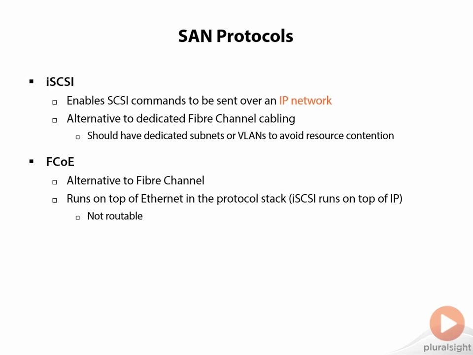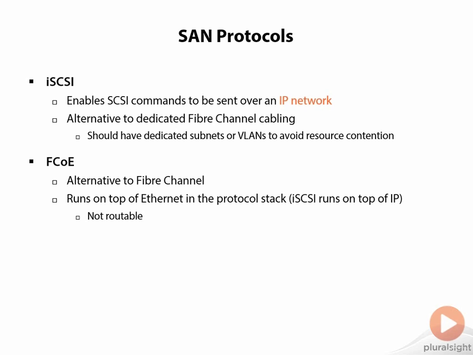So a lot of newer installations, and a lot of newer enterprises rather, opt for either iSCSI or FCoE. Between the two, iSCSI is routable, FCoE is not. So if you have a choice between the two, you have to take those things into consideration. But iSCSI really should have dedicated subnets or VLANs to avoid resource contention, because you have your SAN traffic competing with your IP traffic. So if you separate those out either via subnet or by VLAN, then you avoid that